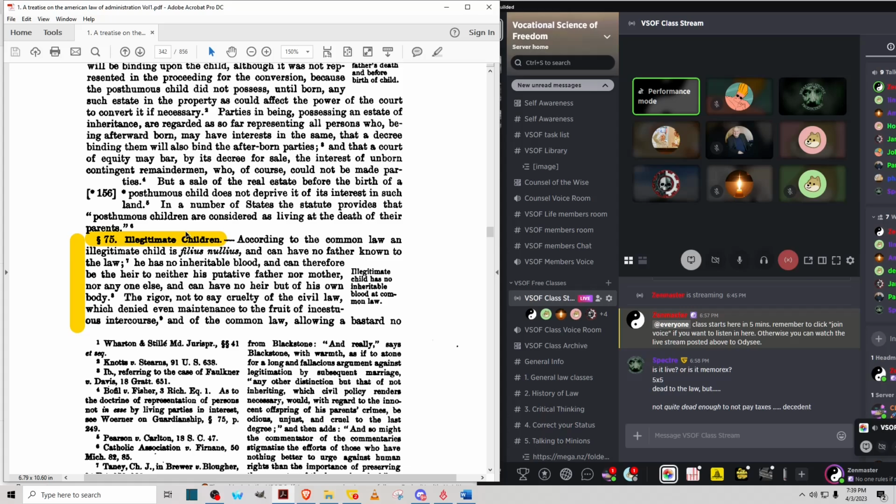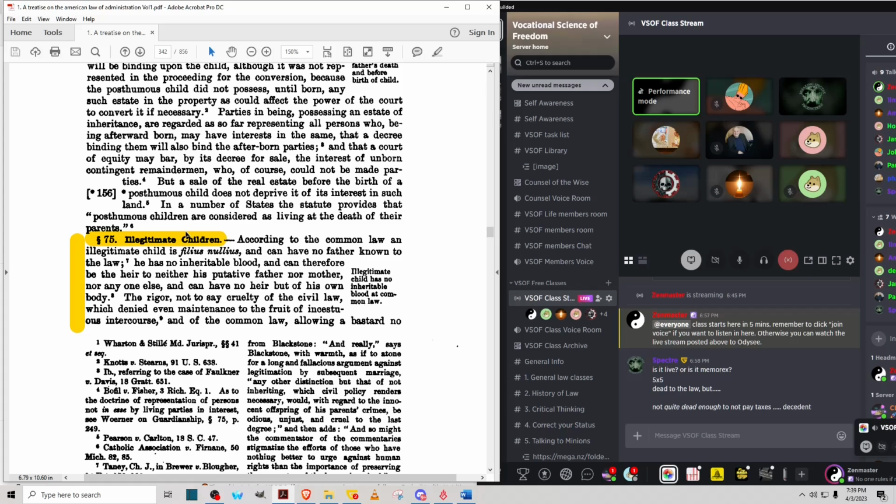Okay? And according to the common law, an illegitimate child is filius nullius and can have no father known to the law. He has no inheritable blood and can therefore